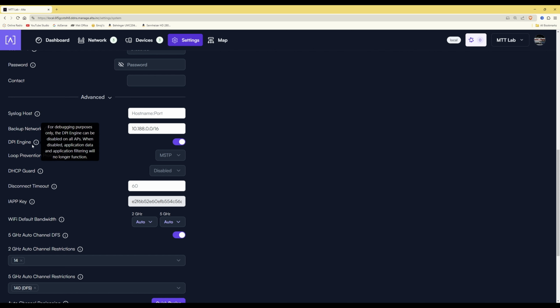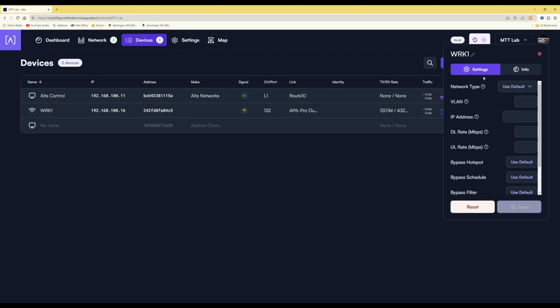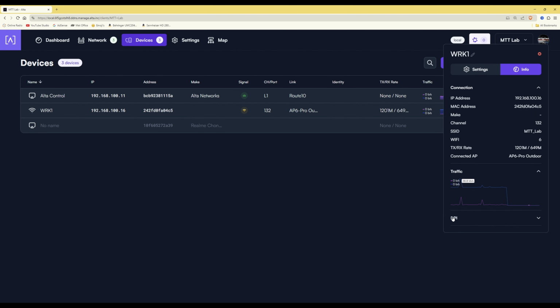So I would leave this option enabled, which will give you deep packet inspection statistics like I showed you in the list of devices when we brought up the coloured donut and the pop-up. So if you didn't see that, I'll just click back and show you it now. So we'll go to devices. For example, if we select WRK1, which is the Wi-Fi client, you'll see we've got a pop-up window. So if you go to info, then at the bottom, you'll see we've got